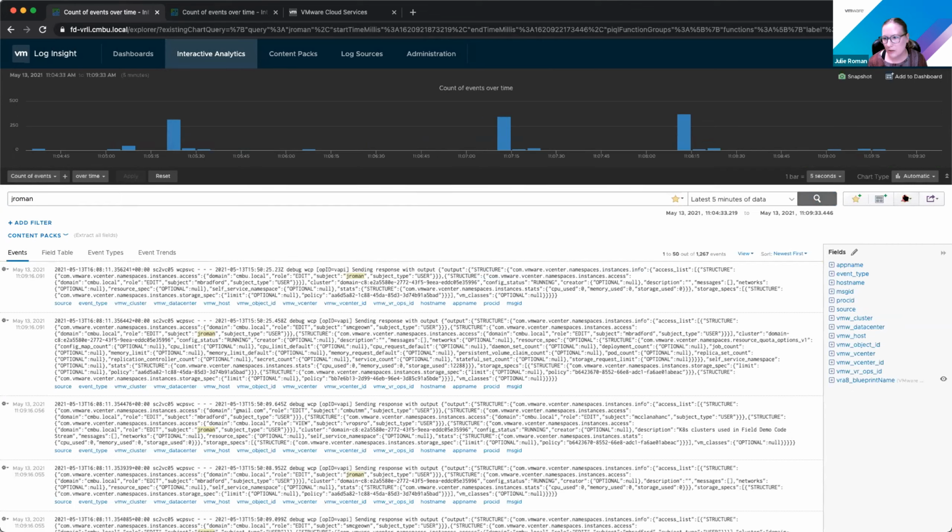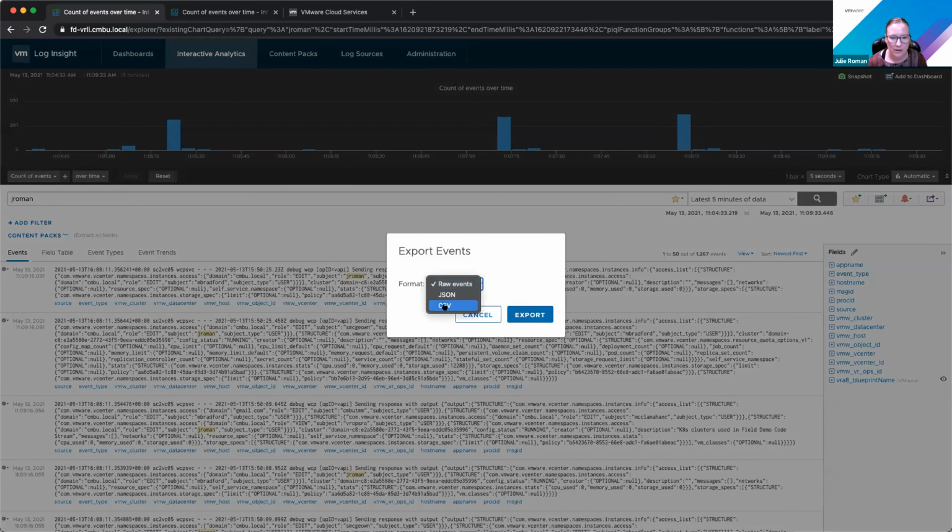So if I wanted to export logs with a specific user ID or something, I can choose raw events or CSV or JSON, and I would just export that. And then I could send those specific log messages off to like a security team or something.